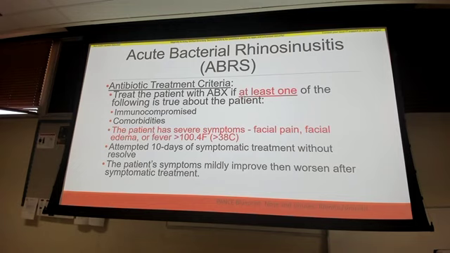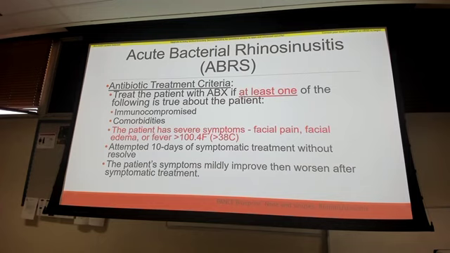Reasons for us to prescribe antibiotics are the following. If the patient presents to you and they're immunocompromised, so they have HIV, they have AIDS, maybe they are diabetic, they have comorbidities. If the patient has severe symptoms, that facial pain, they might describe it as that sinus pain, facial edema, fever. If they've attempted symptomatic treatment, so you prescribe oral decongestants and analgesics and they